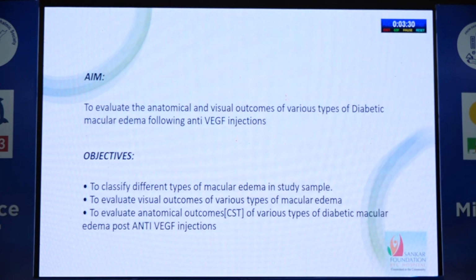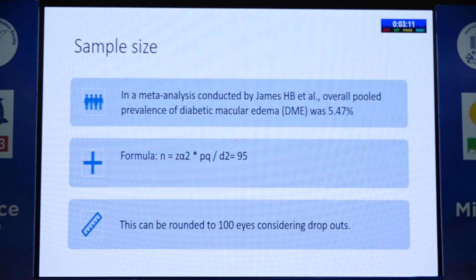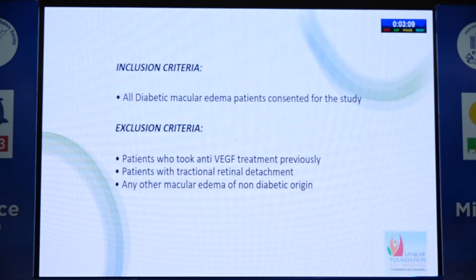The aim of the study is to evaluate the anatomical and visual outcomes of various types of diabetic macular edema following anti-VEGF injections. The objective is to classify different types of macular edema in the study sample, to evaluate the visual outcomes using best corrected visual acuity, and to evaluate the anatomical outcome using CST on various types of diabetic macular edema post anti-VEGF injection. The sample size calculated is 100 eyes, and the inclusion criteria is all diabetic macular edema